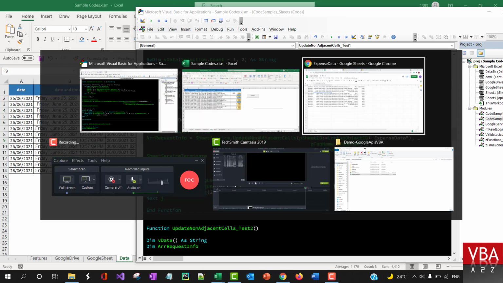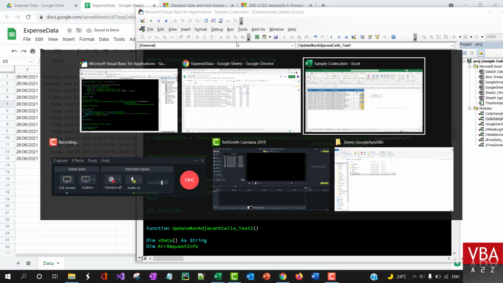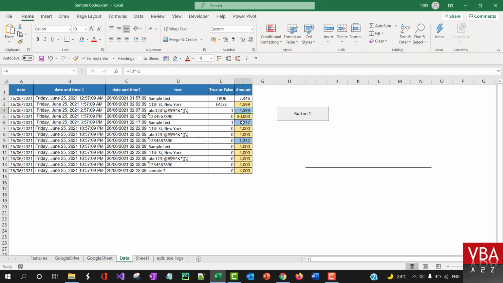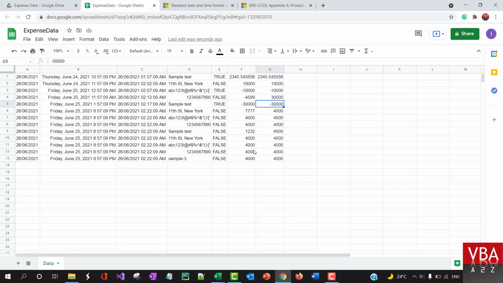updated. So I'm going to come here and just back up this cell so that we can do a quick comparison of the updated cells. And now I'm going to run this particular for these 3 cells. Okay, so this particular basically is converting current cell dot address, it replaces the $ sign with a blank starting 1. Yeah, now if we go back to web here, you'll see that the numbers have changed for these 3 particular